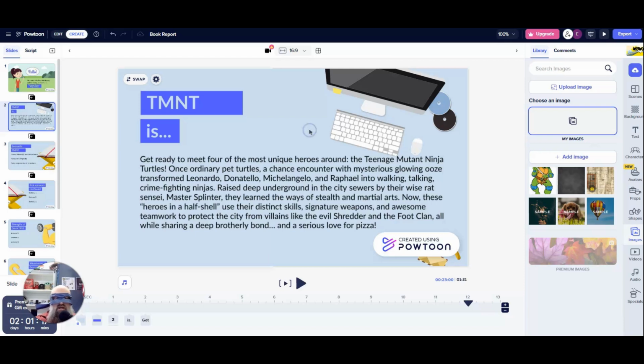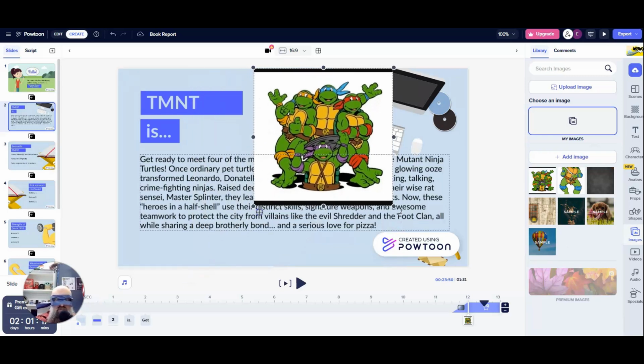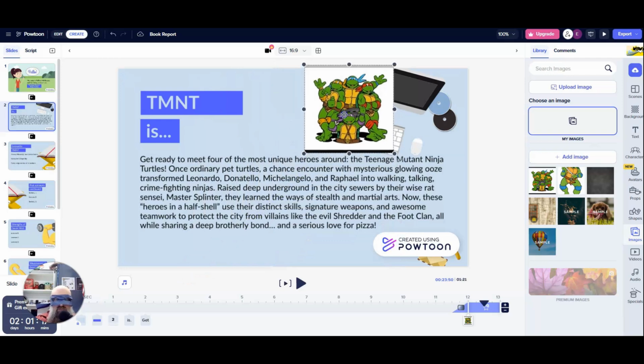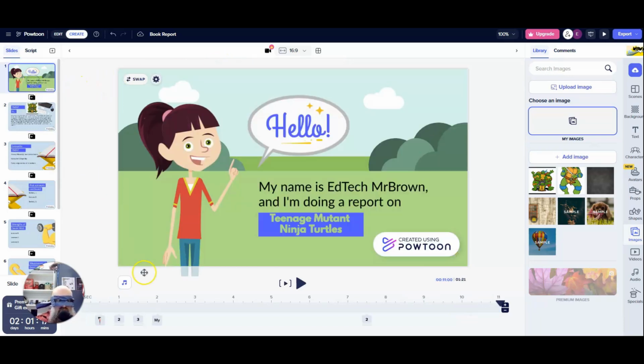Click anywhere in the slide, Control-V to paste it, and now I can use these little handles to resize it if I need to, because I do. I need to get it to fit up there. Now I've got that on here, and notice it goes over the edge a little bit. That's okay. Watch. I'm going to go back up here to the beginning and start this over again,